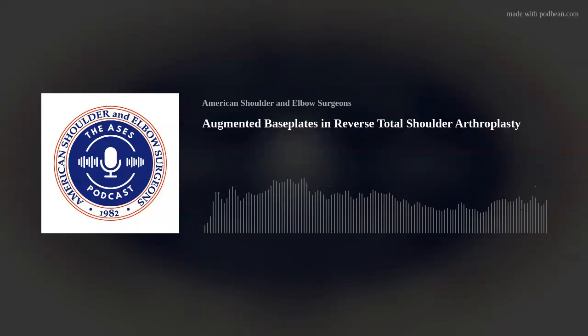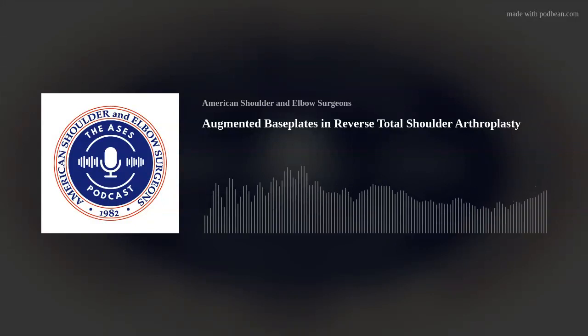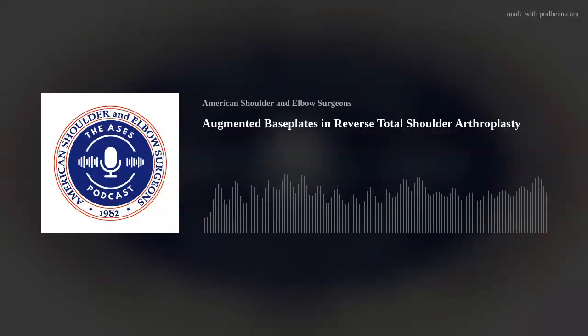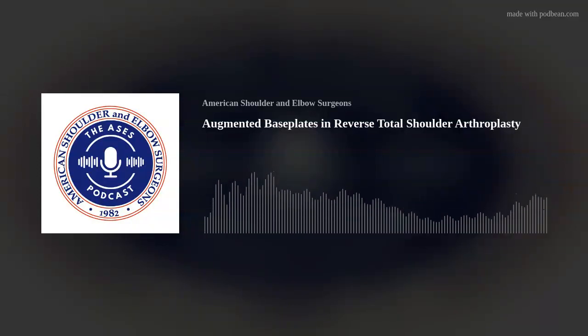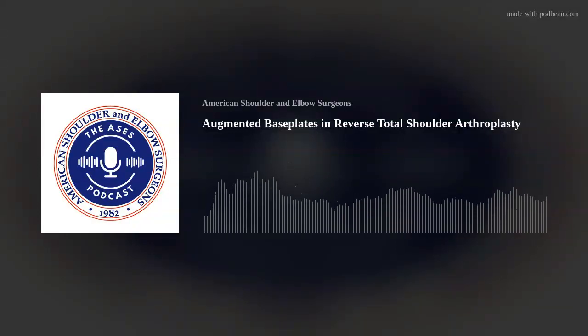If I can make a comment about version and inclination, in terms of retroversion, I agree with Joe. I don't think version matters that much. If you look at the literature, you probably get the best impingement free range of motion at neutral version. But if you look at some clinical papers, they pretty much show that whether it's the alternate center line, which is anteverted, or we have a paper that's greater than 15 degrees retroverted, it really doesn't seem to affect clinical outcomes. So I think version doesn't matter as much.